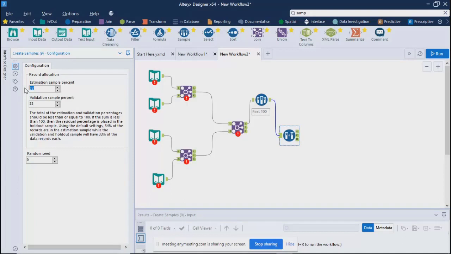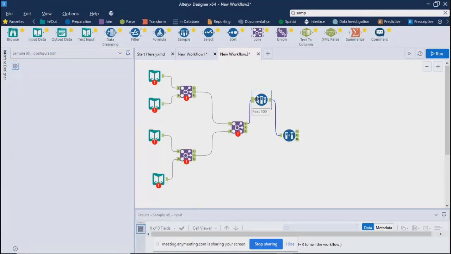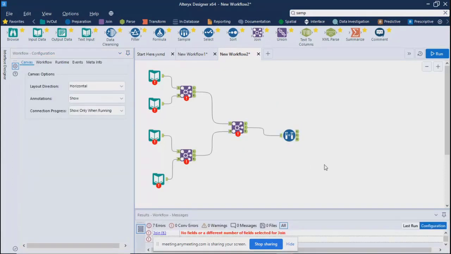Hope you understood. Yes. So if we are not going to choose first five, we can directly connect from this sample only, right? It will work, right? See, that is what I'm telling from the beginning. Any tool which you see here, these tools will be used individually. There is no relation between those two tools, like you need to use two tools together. No. Depending on your requirement, you will drag a particular tool and use it. Each tool has its own use and importance.